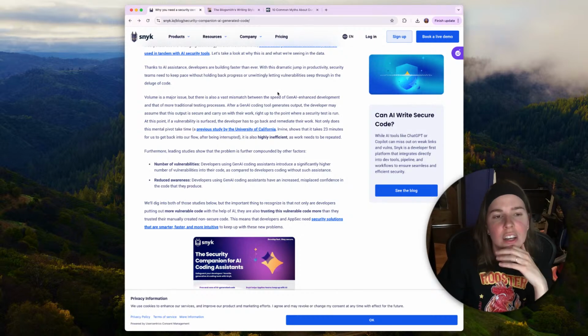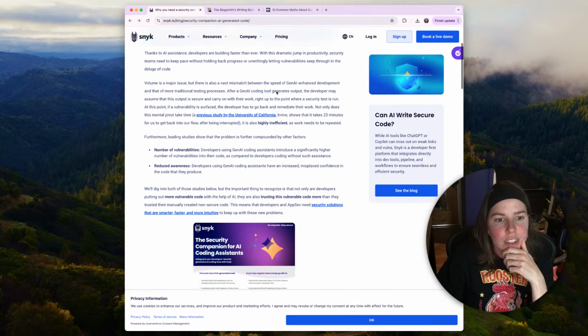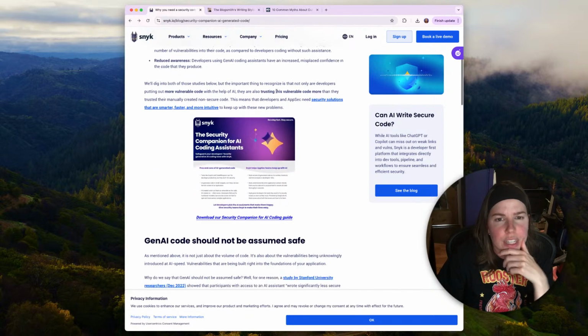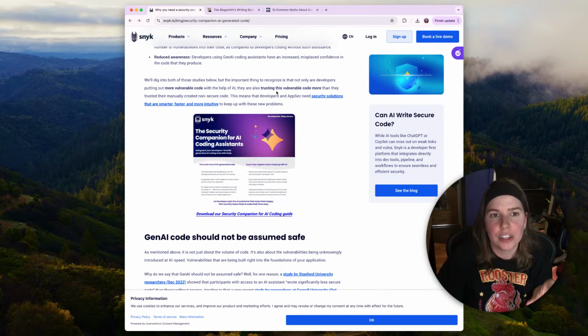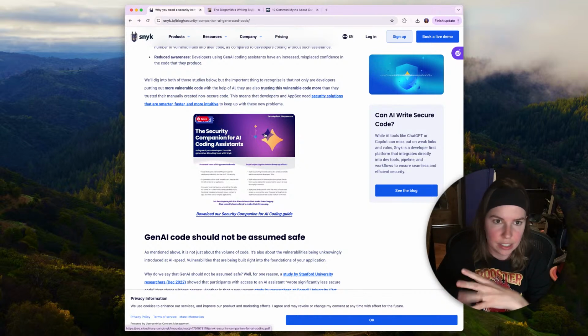Okay, so the next thing I was going to say is I think Snyk does a really great job of incorporating various relevant calls to action, and different ways that their brand relates to the topic at hand. So this is a call to action to download our security companion for AI coding